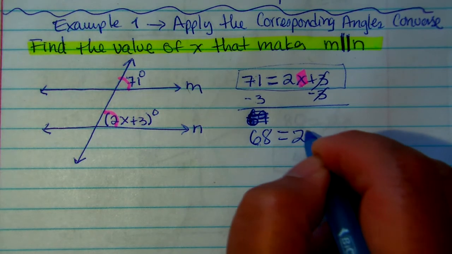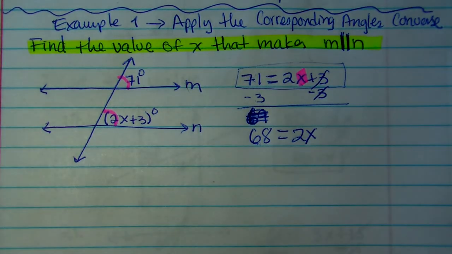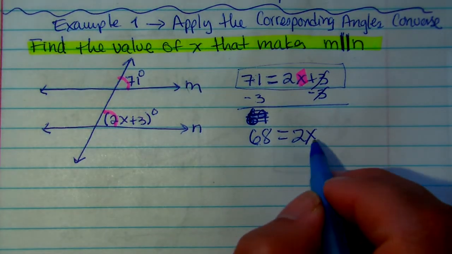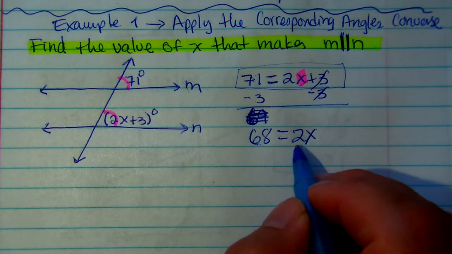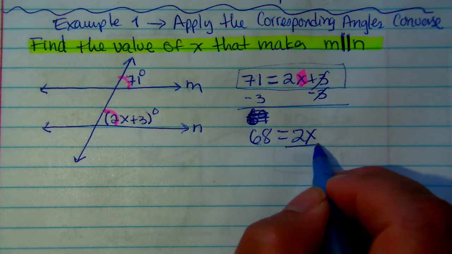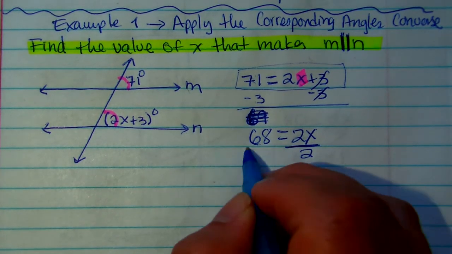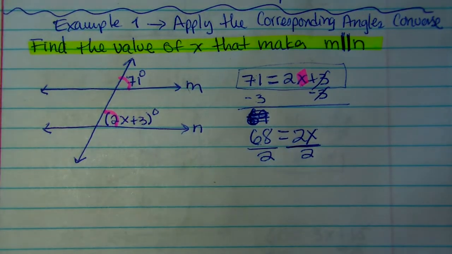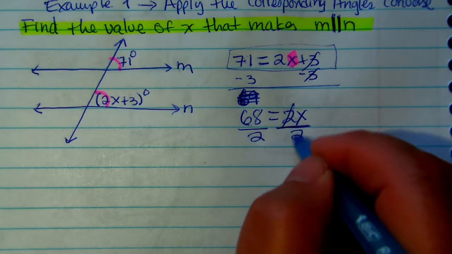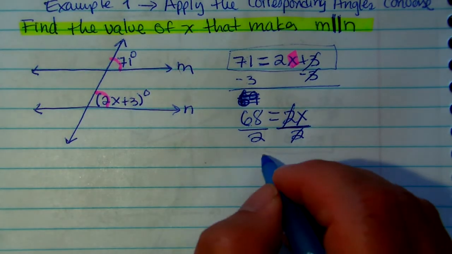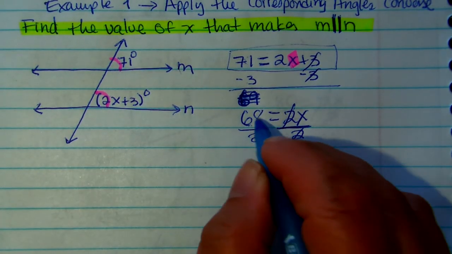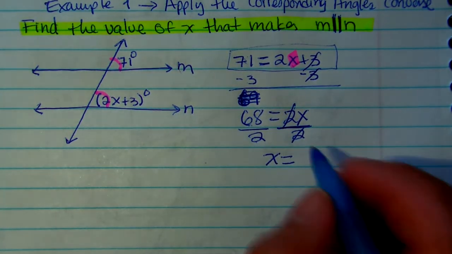equals 2x. So in order for us to solve for x, what do we do? We divide by 2, we divide by 2. These two cross out, and x equals, what is 68 divided by 2? It's going to give us